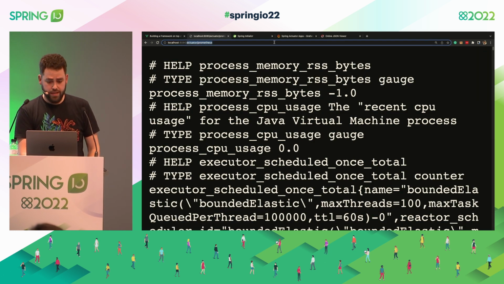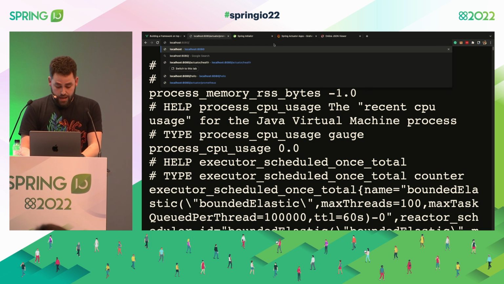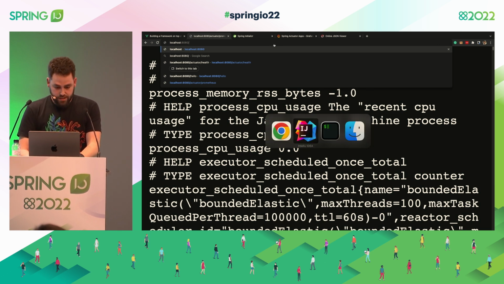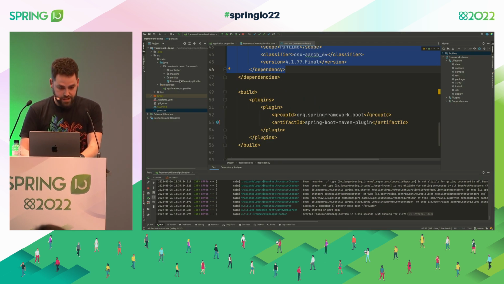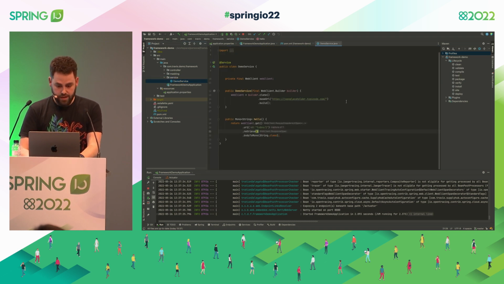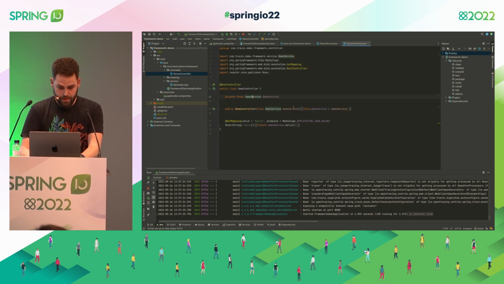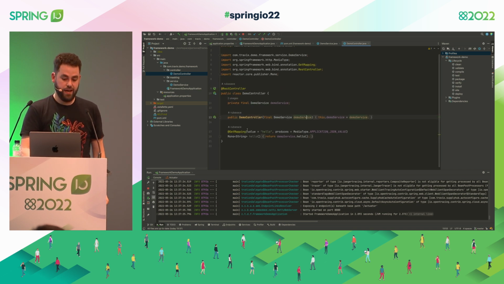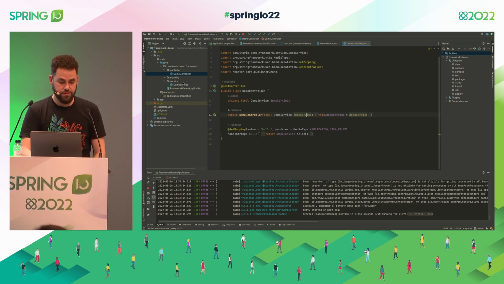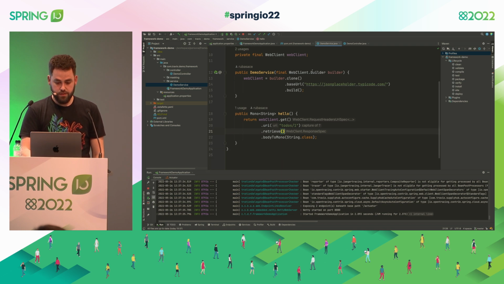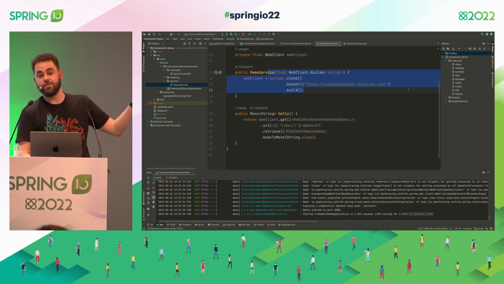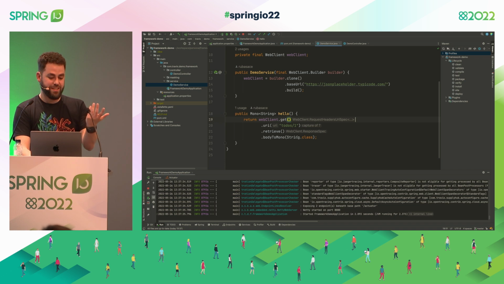And then when it comes to the logs, to the application, what I did was just create a hello world application. So what I have is a service class here. And a controller, sorry, let me show the controller very quickly. So I'm doing a GET on hello. It will just call the service. And the service is simply making a call to JSON Placeholder, as I don't want to create any API, and returning it as a string directly.